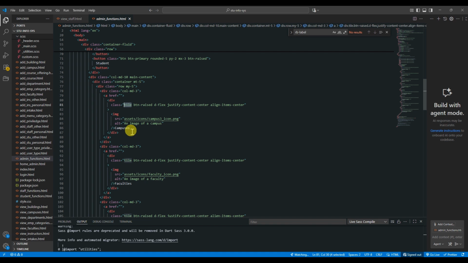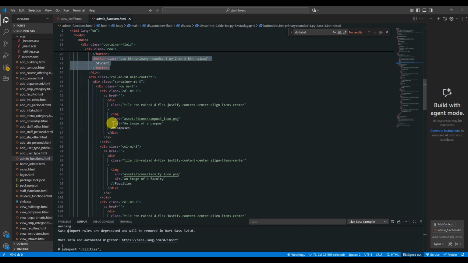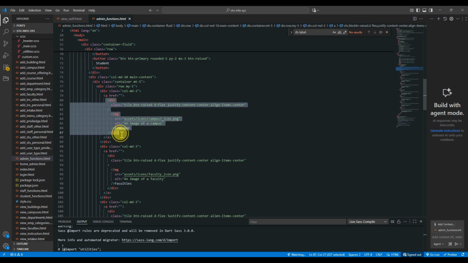in the Angular development, since we are going to target events like click events, we have to have buttons to add the click event. So in these buttons, we can do that because those are actually buttons. But for these divs, which look like buttons, let's try to make them actually buttons. So